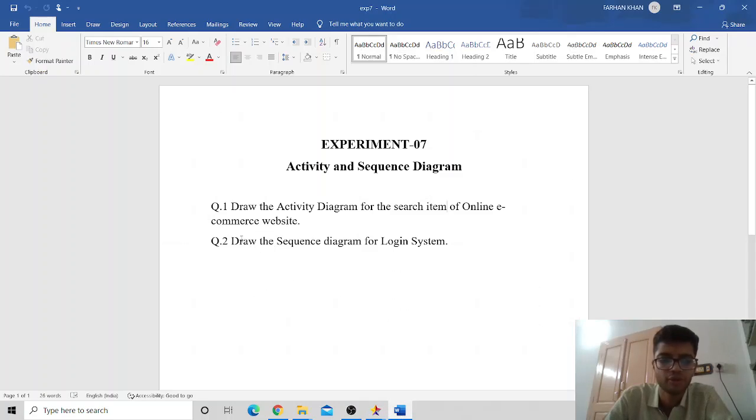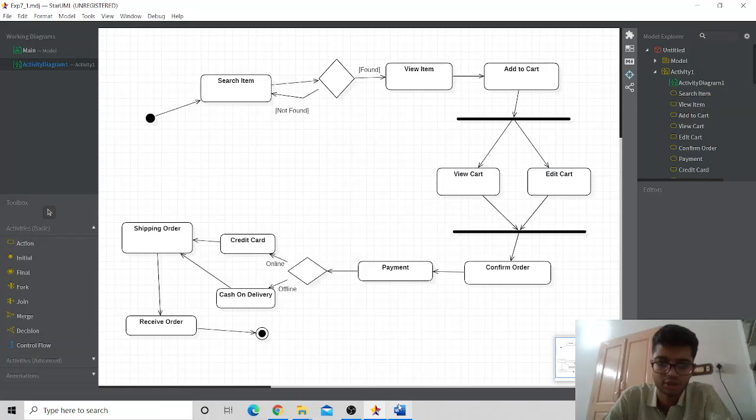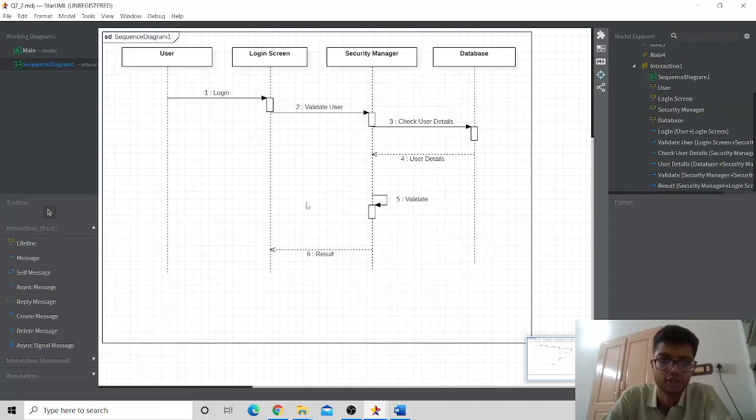Now we have to draw the sequence diagram for the login system. The sequence diagram is nothing but the time ordering of the messages, like this. This is the sequence diagram of the login system. When a user comes to the login screen,